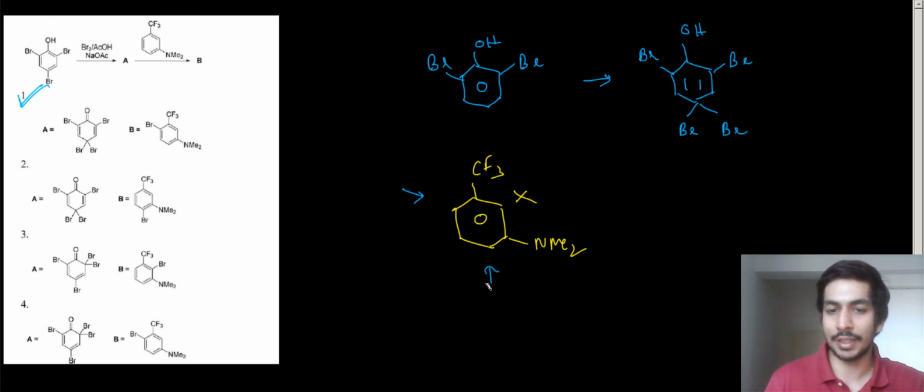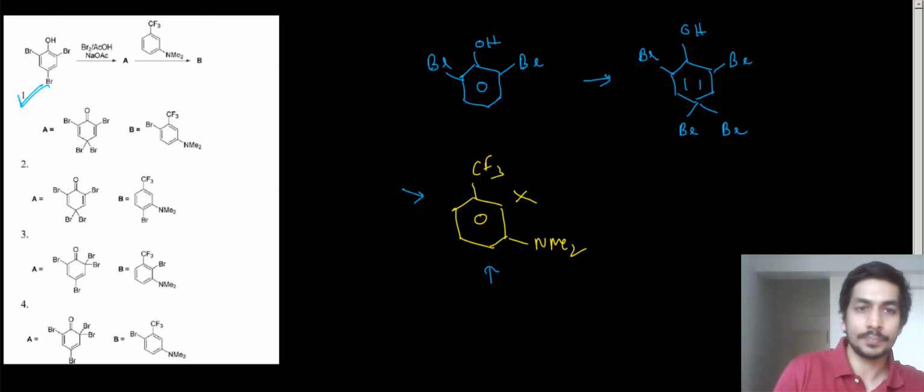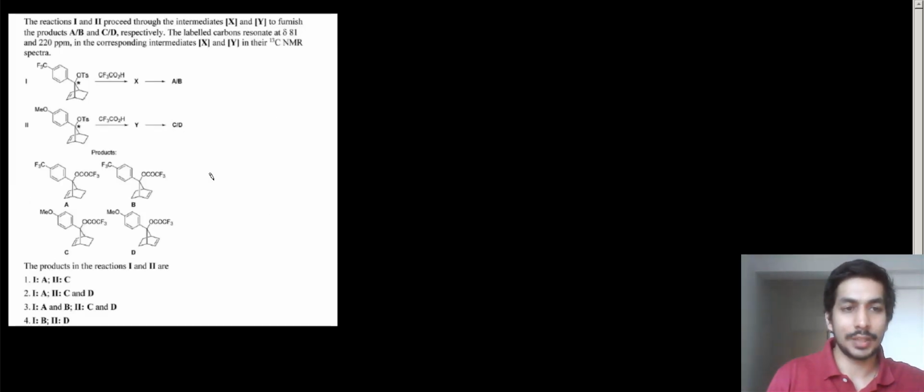If it was NH2 over here, then definitely you can say that the bromination would have happened at this particular position, right? But in this case, because this is an electrophilic bromine source and we have to identify the most nucleophilic site, this is the most nucleophilic site, but due to the steric hindrance, the bromine is going to get attached at this position. So there was a competition between these two positions, and over here the bromine will get attached. All right. Let's look at this next question.